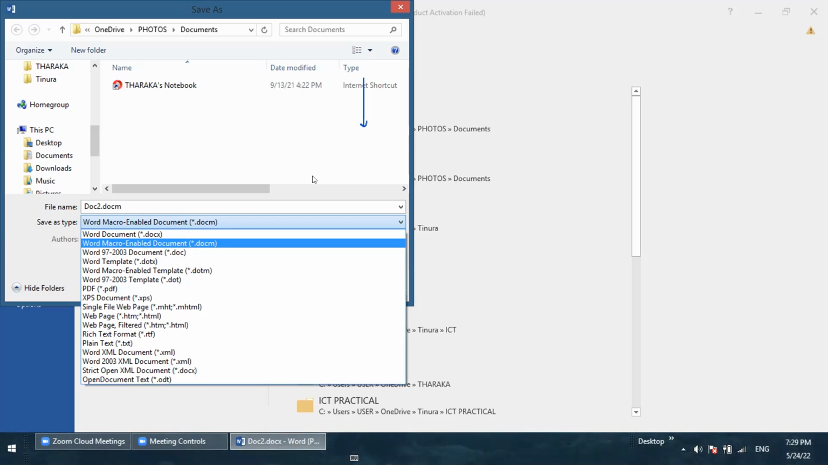Plain text. In a plain text document, you can't save images, only the text. Then XML is saved for transportation purposes. When you want to transfer a file from one application to another, the easiest way of transporting text or things is using XML. Then strict docx, which is again an XML document, and